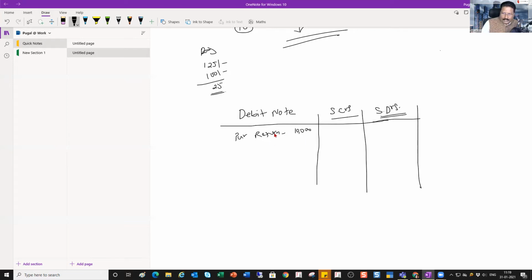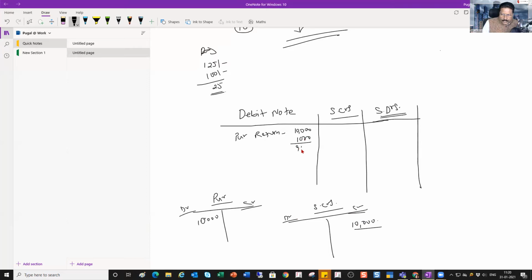So what you're going to do? Basically, again, quickly let us understand this with this example. So we have two ledgers involved here. Okay, so we understood this in the last session in the credit note. So one is going to be your purchase ledger, and this is going to be your sundry creditors ledger. So again, we have debit here, credit here, debit here, credit here. So when you made a purchase, you would have debited your purchase ledger by 10,000 rupees, and you would have credited your supplier ledger by 10,000 rupees, because this is the outstanding that you're supposed to pay. So now you are returning 1,000 rupees worth of goods.